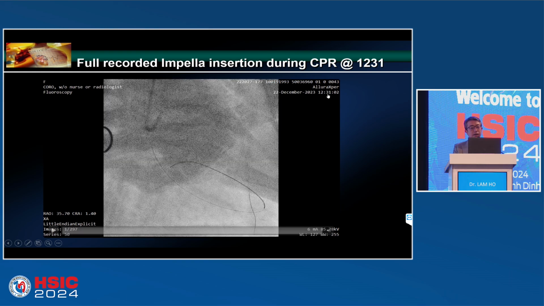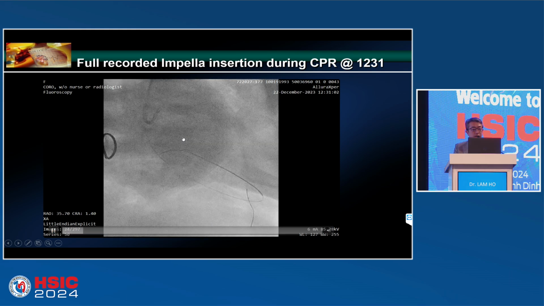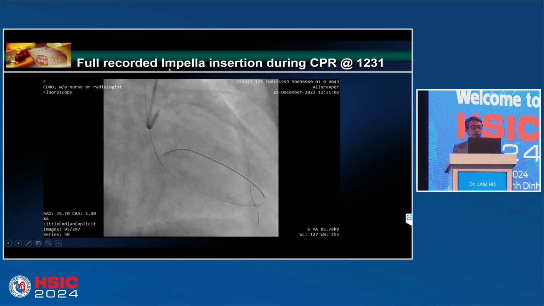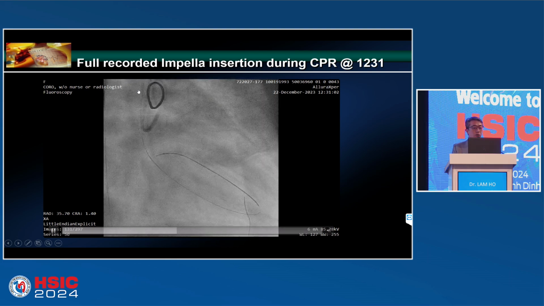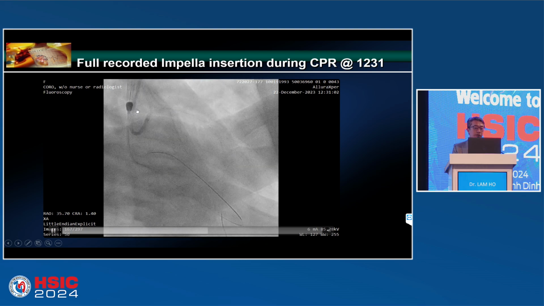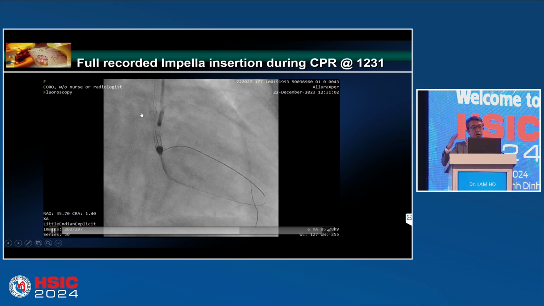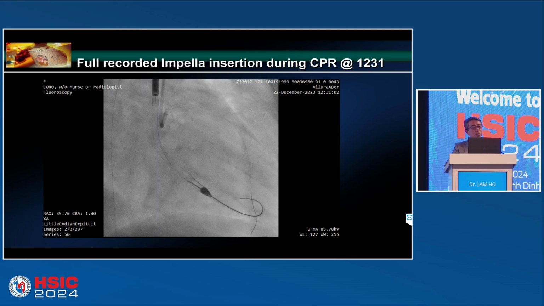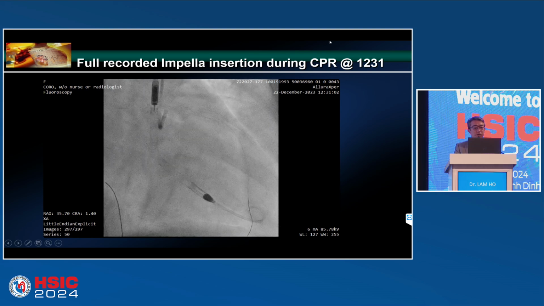And then 60 seconds later, you can see. Continue to press the heart. Make sure the patient doesn't have hypoxic brain injury. When the Impella goes into the aortic area, sometimes you will have some resistance, sometimes not. It's because the aortic valve will close while the patient's heart does not beat. So you just press the heart, open the aortic valve so that you can push the Impella in. So just 60 seconds, we put the Impella in. 60 seconds, 1 minute. And then start the Impella.